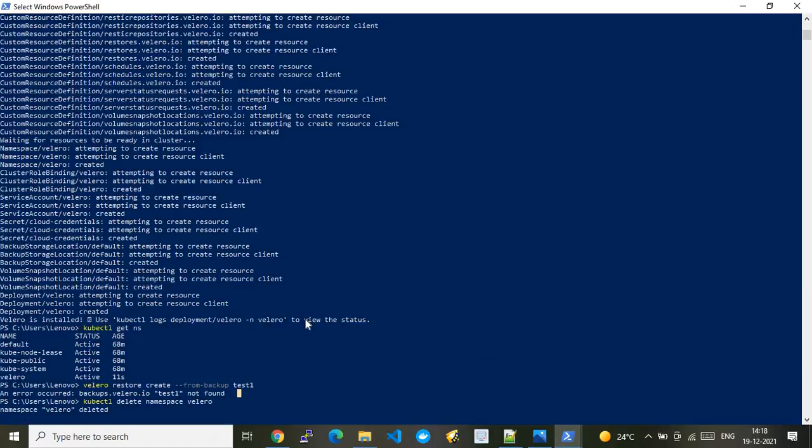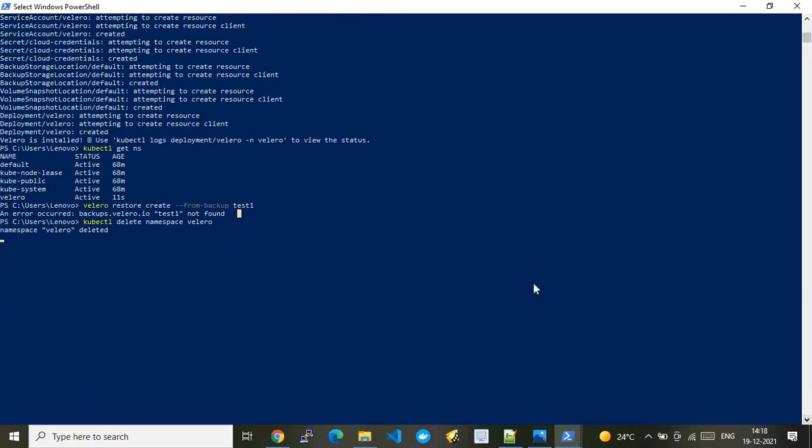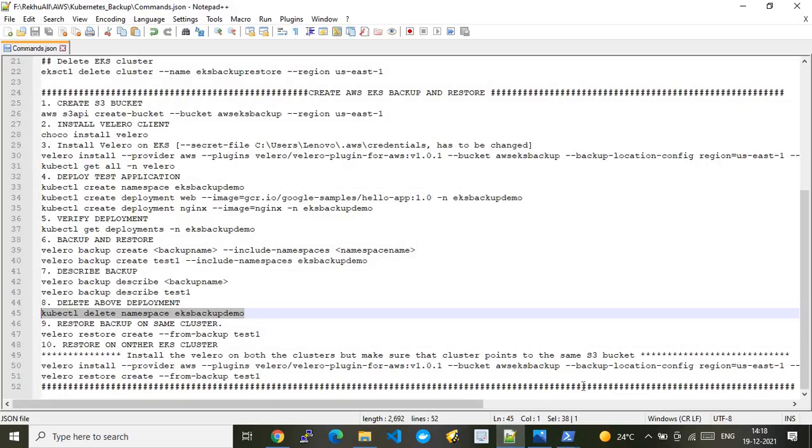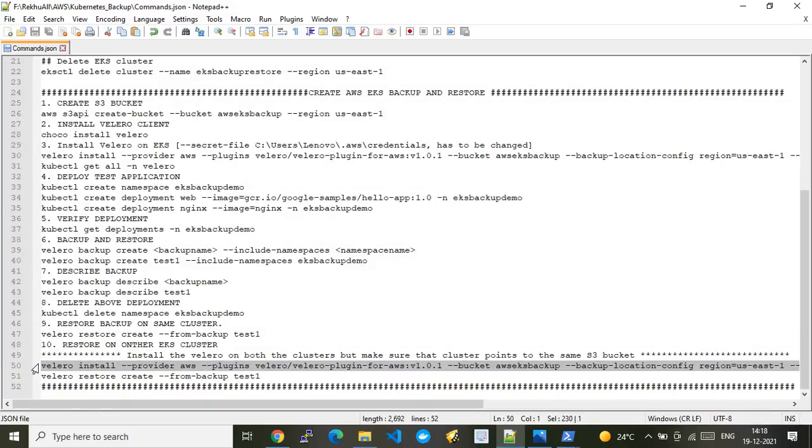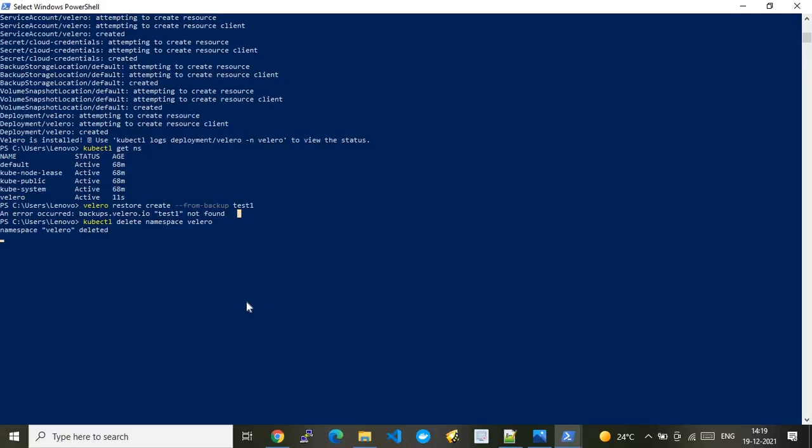Eventually, I'm showing you a live demo, completely live. All right, so let me run this again. I'm waiting for this Velero namespace to get cleared. Let's wait for this one to complete, and then I will run this command again. Where is the final command? I have to copy this and run it again. So let's see if it deleted. Okay, it has successfully deleted.